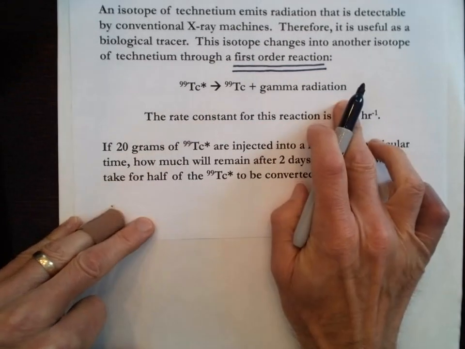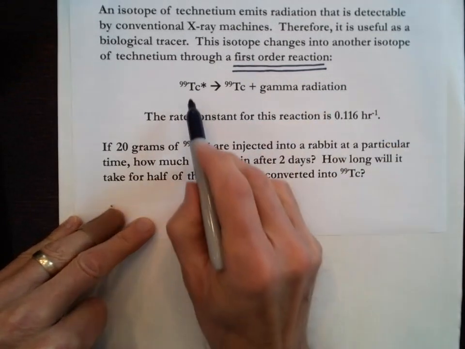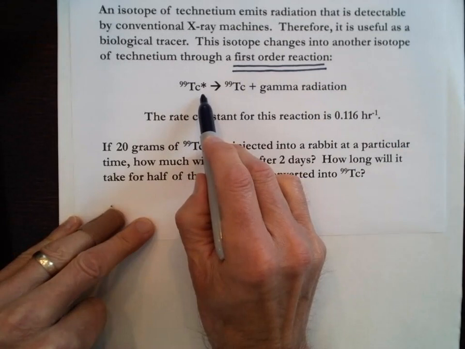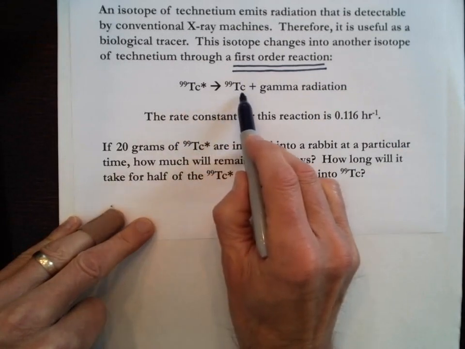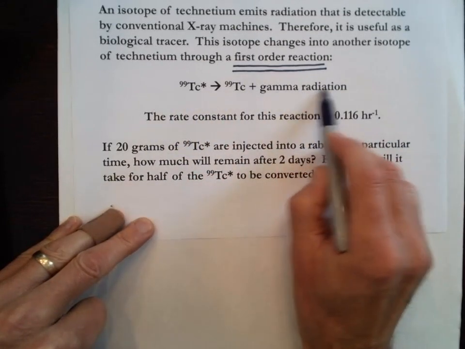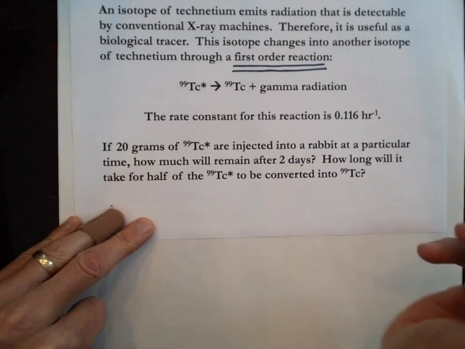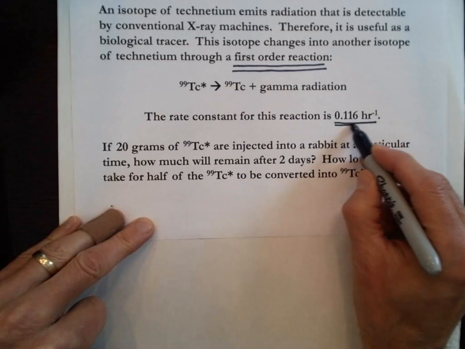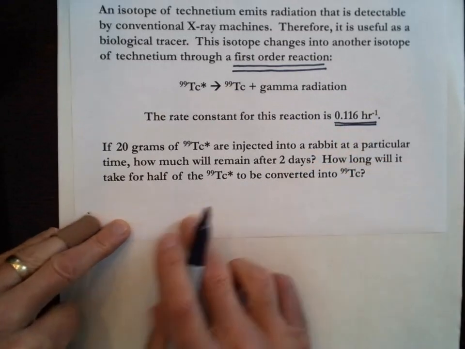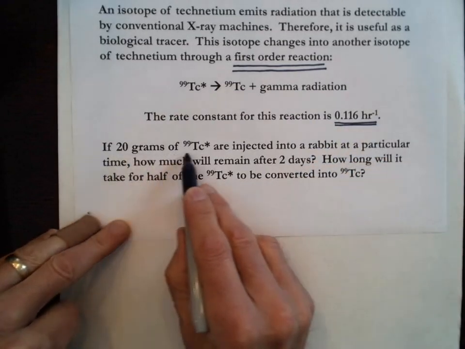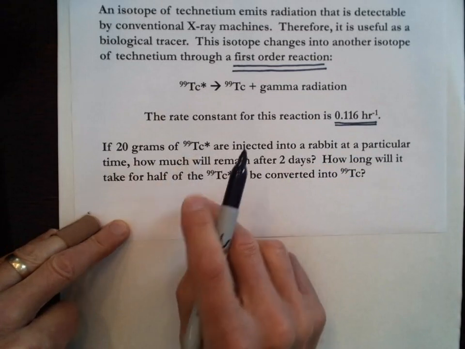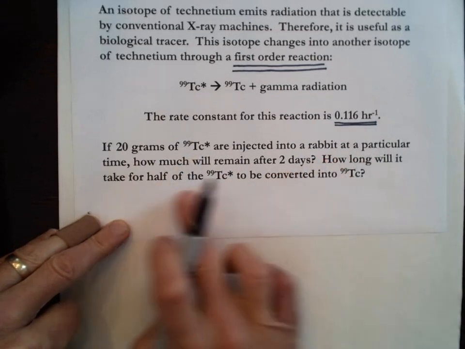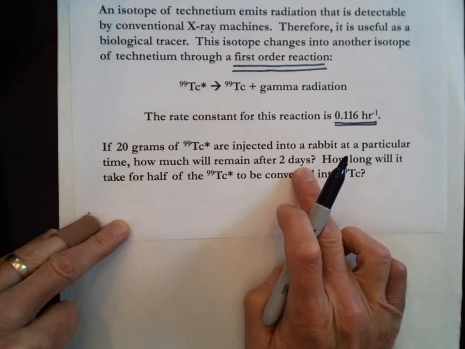So here's the chemical equation for what occurs. Excited state technetium goes to ground state technetium, and it gives off radiation that can be detected. And they give the rate constant K for this process. If 20 grams of excited technetium are injected into a rabbit at a particular time, how much will remain after